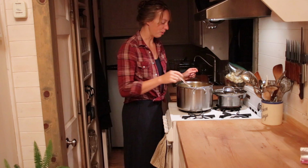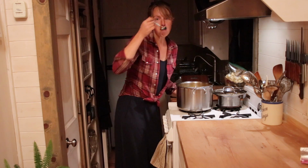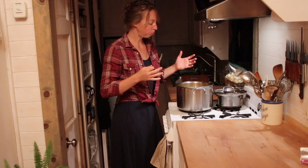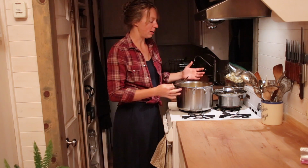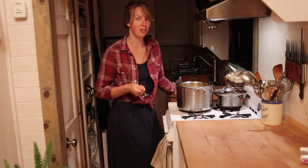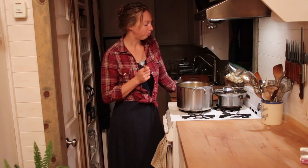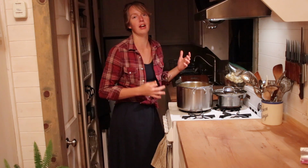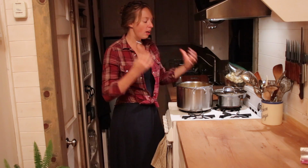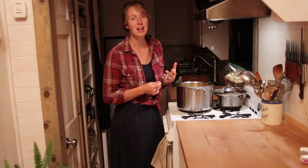Okay, had a lovely dinner with my friends, but I just wanted to show you guys, this stuff is so awesome. It tastes awesome just to eat, and I made it because I have so many carrots in the garden right now. This is the most productive carrot year I've ever had. But every single thing in there is good for you, and if you can learn to eat things that are good for you all, or at least most of the time,